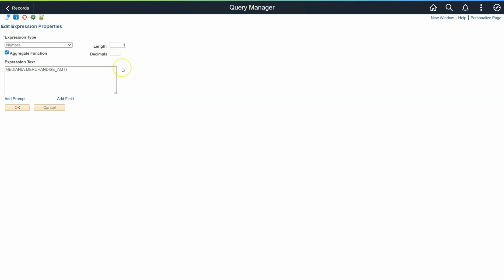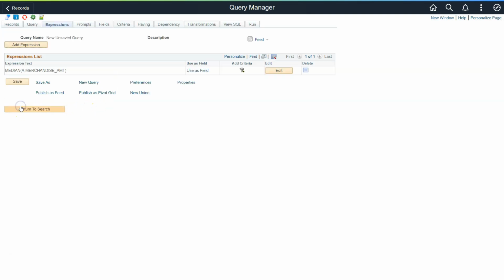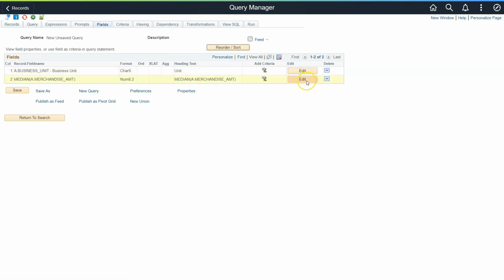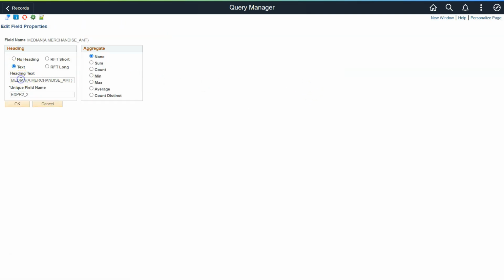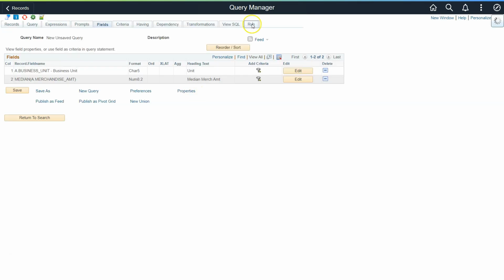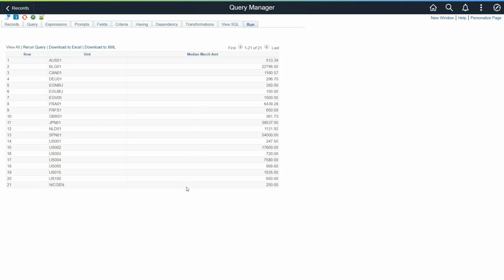On a safer side, I will say length as 10 and decimal as 2. Click on OK. So click on use as field. Let's give it some meaningful value. And let's click on run. So as you can see, we could successfully find what is the median merchandise amount for each business unit for